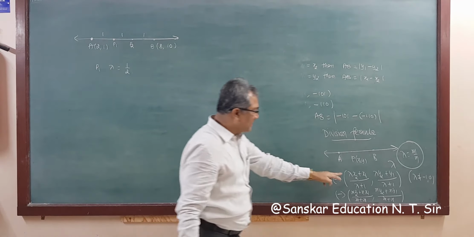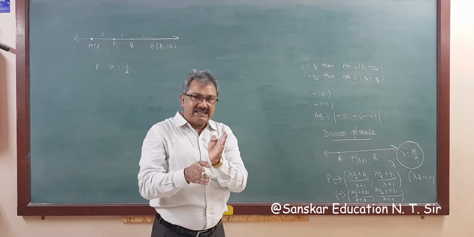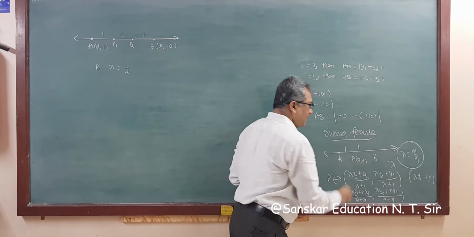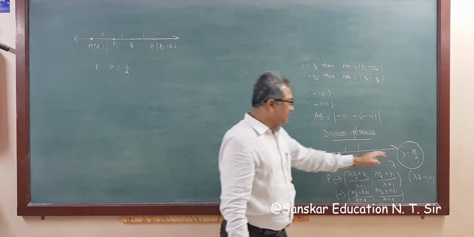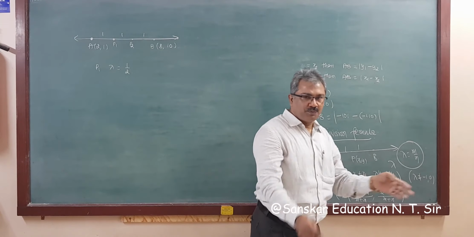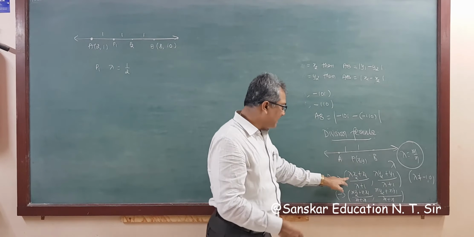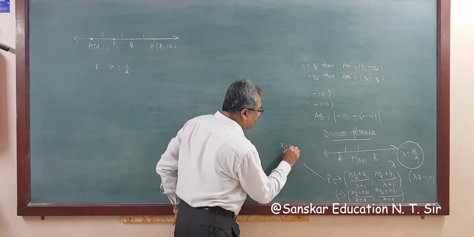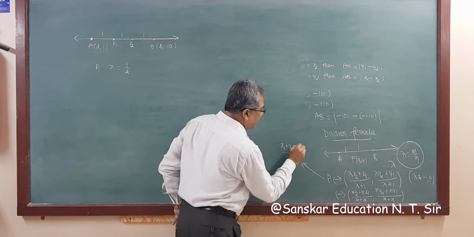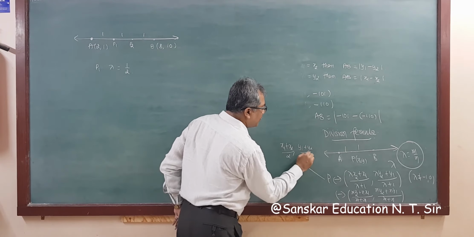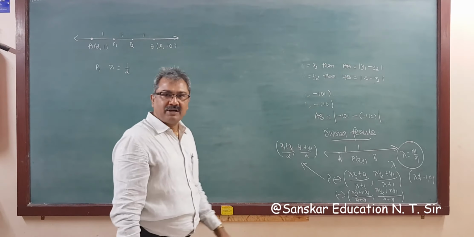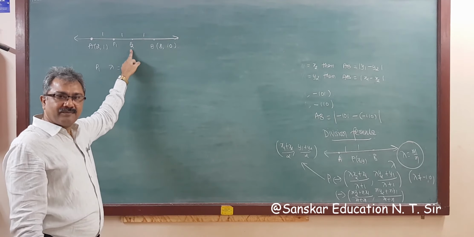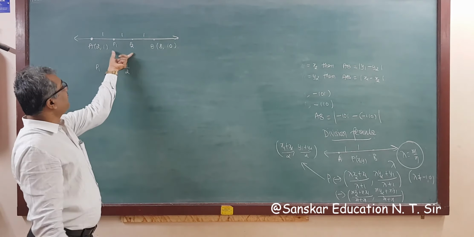If we take lambda equal to 1, that means this point P divides into equal parts, 1:1. Suppose we take m upon n, then 1:1. So P is the midpoint. If we take lambda equal to 1, then P becomes x1 plus x2 by 2, and y1 plus y2 by 2. So this is the formula for midpoint. Applying this formula, you get P2. आपको P2 मिलता था, right? So you can get P1 and P2.